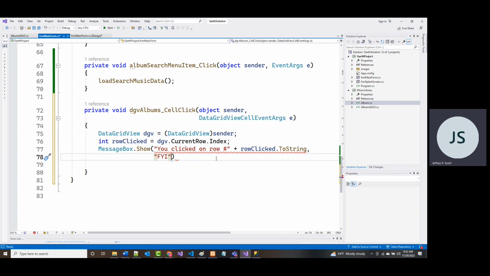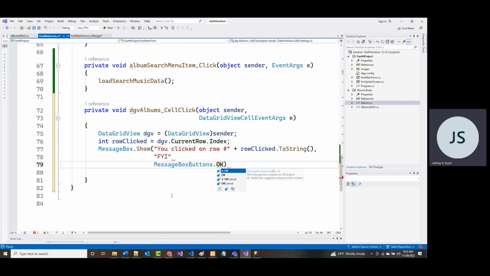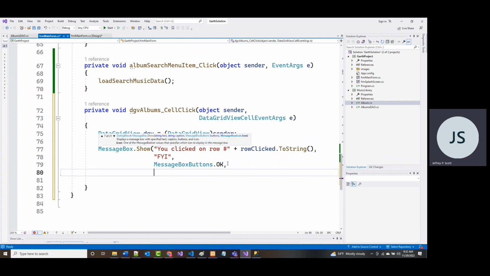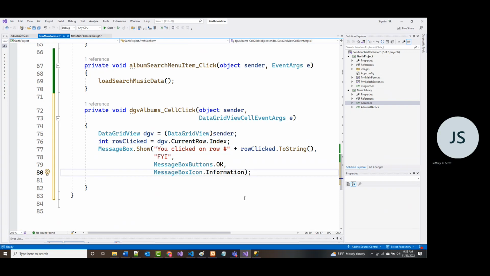So what do we got here? Message equals plus row. Oh, ToString has got parens. That's why I'm getting the error. All right. And as we always have done, we'll put in here MessageBoxButtons.OK. And it's giving me an error because I don't have a comma there. There we go. OK. And we'll have a MessageBoxIcon of Information.